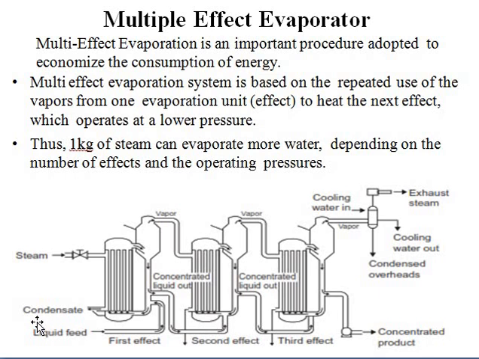So what is going on here? We are providing our feed from this section. Clear? I think it will be visible to all of you. The liquid feed will enter with these pipes and go to this section. Clear? And the steam is provided with these tubes. Same as in the single effect evaporator, the product moves in the pipes and the steam moves outside of the pipes. Water will start to evaporate.